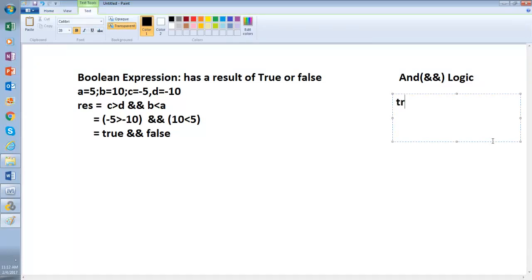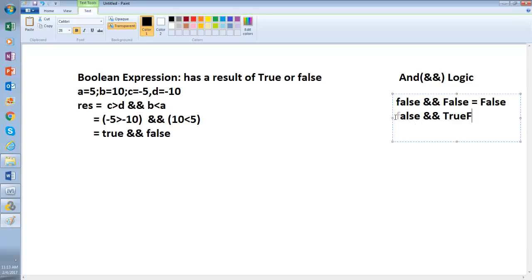True and false is false. False and false is false. False and true is false.